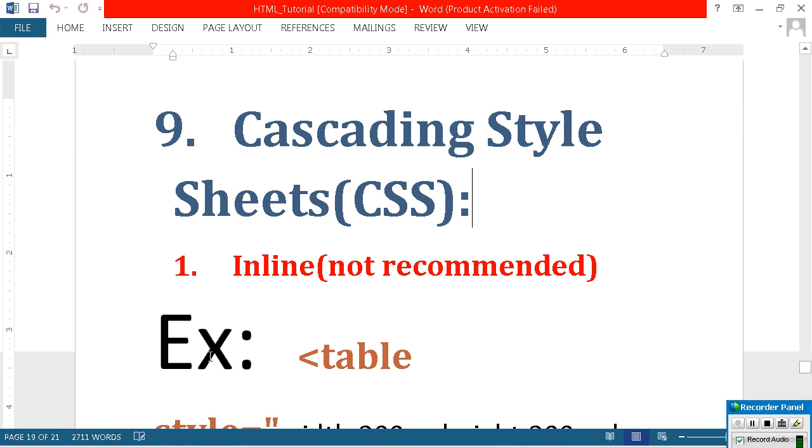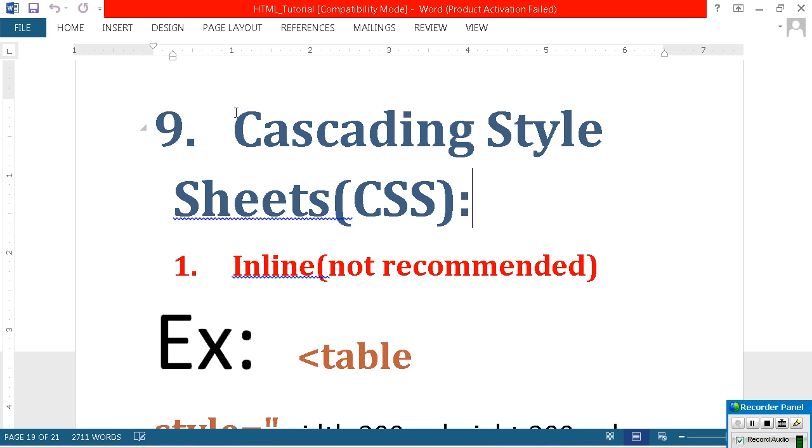Cascading style is not related to HTML. What is HTML? Will you tell me? Hypertext Markup Language. It is a presentation language. It is specially made for presenting the content. That's it. But we will now make it more attractive. It's something clumsy. We can make color, we can change background color, we can do all. But it will be a little clumsy to maintain because you have to write the code within the control.